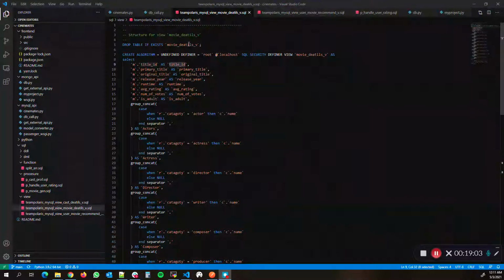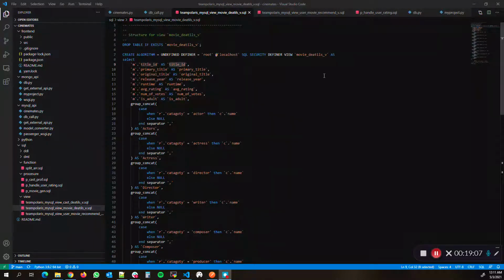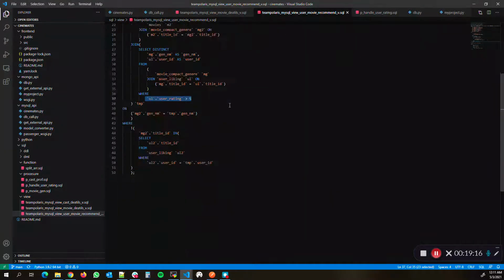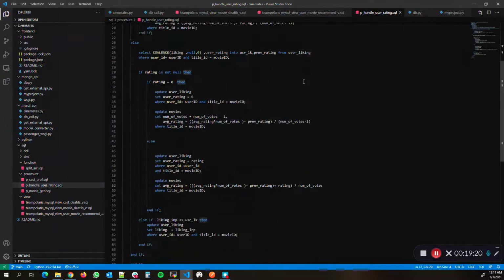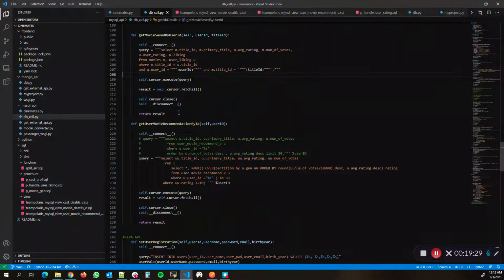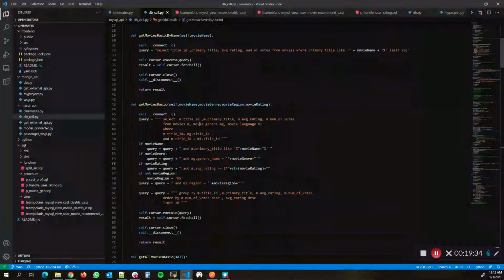Now let's look at some of the code. So this is one of the queries, a complex view, which we have used. This is another view, which again is a complex view having multiple joins. This is one of the procedures that we have used for updates and inserts, and we have also used functions for data cleansing.